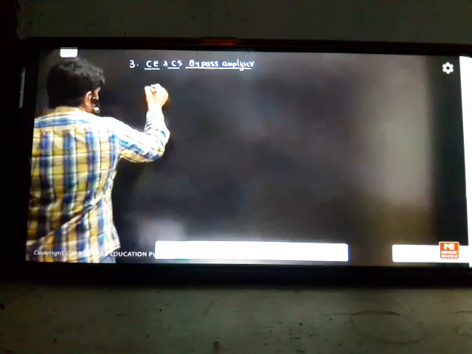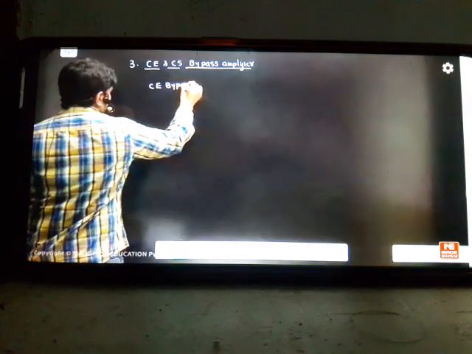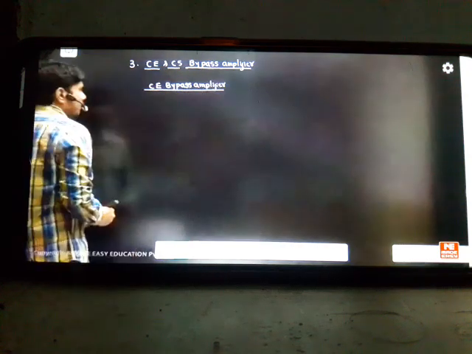First, the student should know what we mean by bypass. That knowledge we'll try to develop. I'll take some amplifiers here, so try to understand how a bypass looks. Common emitter, bypass. I'm giving some examples for you. See here, common emitter bypass amplifier. If I want to draw a common emitter bypass amplifier,